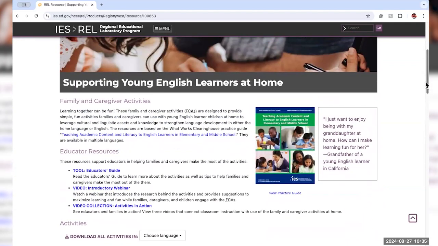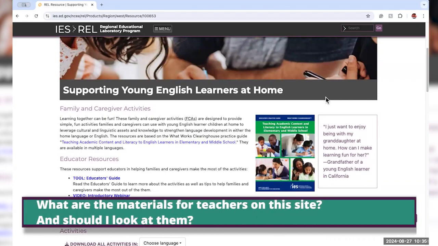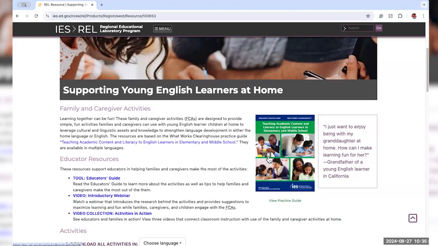But it's also got lots of research-based tips and ideas for teachers about classroom activities and ways to connect what happens at school with what you and your child do together at home. Yep, the teacher materials include this guide pictured here, teaching academic content and literacy to English learners in elementary and middle school. And then these 3 resources listed here under educator resources: the educator's guide, an introductory webinar, and the activities in action videos. As a parent, you are of course welcome to look at these educator resources, but we'll